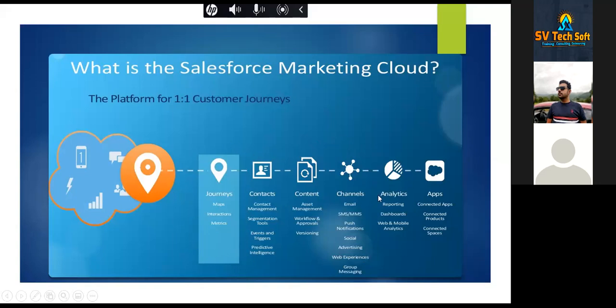We call it a journey. After you have decided the channel, after you have created content, after you have defined the workflow of the journey, after you send communications to your contact, you will get some data. With that data, you will be able to get an insight about the marketing efforts you have performed. So suppose you send an email to 100 people and your company wants to know how many people have opened the email, because your company has spent, suppose, 100 rupees sending those emails, and if nobody has opened an email, it is a waste of 100 rupees.